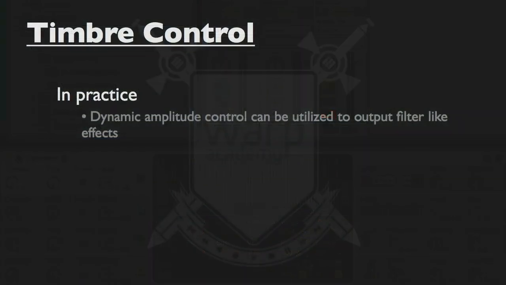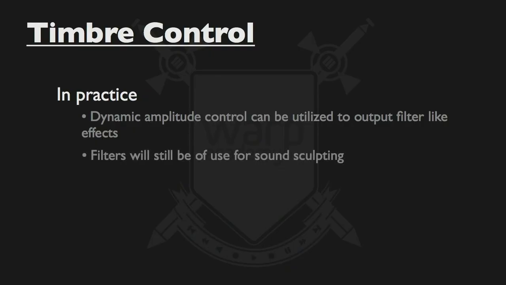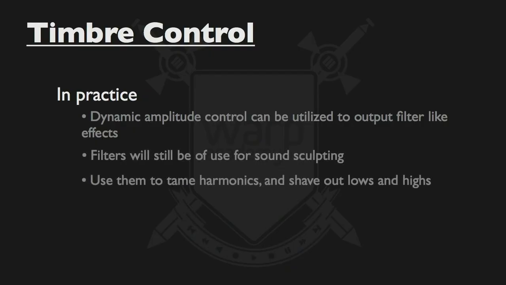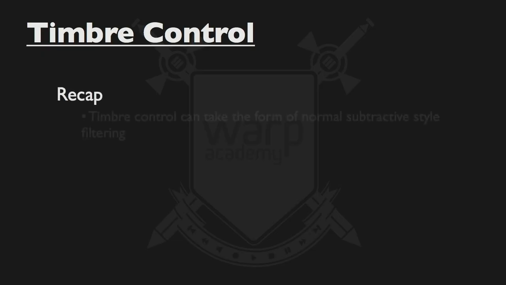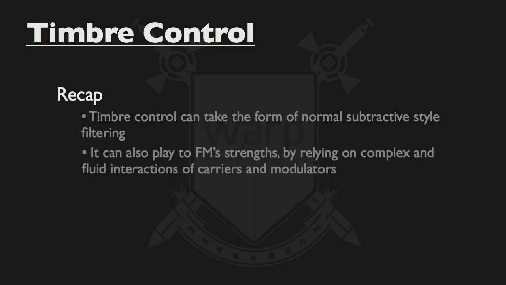Obviously, while these are the main timbre controls available to you, filters will still be of use as sound sculpting tools. And in particular, they can be great for taming out-of-control harmonics or shaving out lows and highs, as you would in a normal subtractive environment. So to recap, timbre control in FM synthesizers can take the form of normal filter-based subtractive signal sculpting, or it can rely on FM strengths, which is to say it can be done purely using amplitude modulation of various carriers